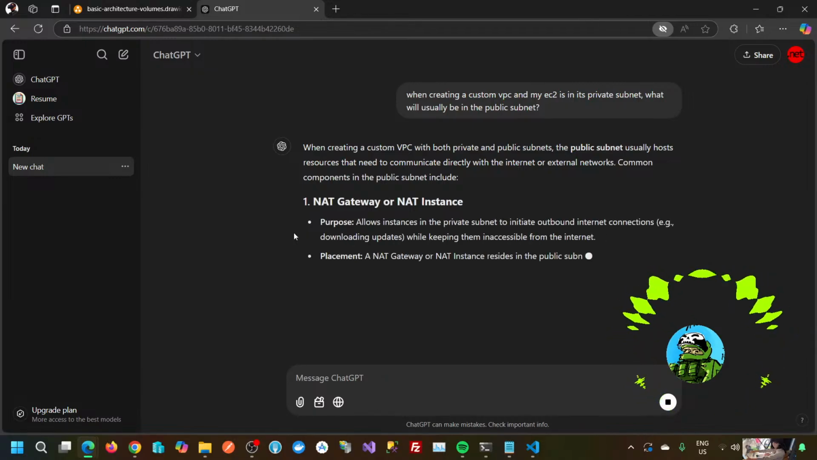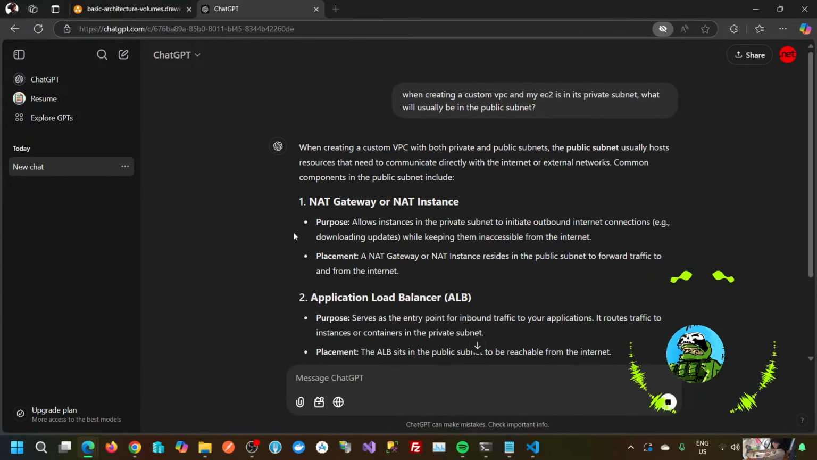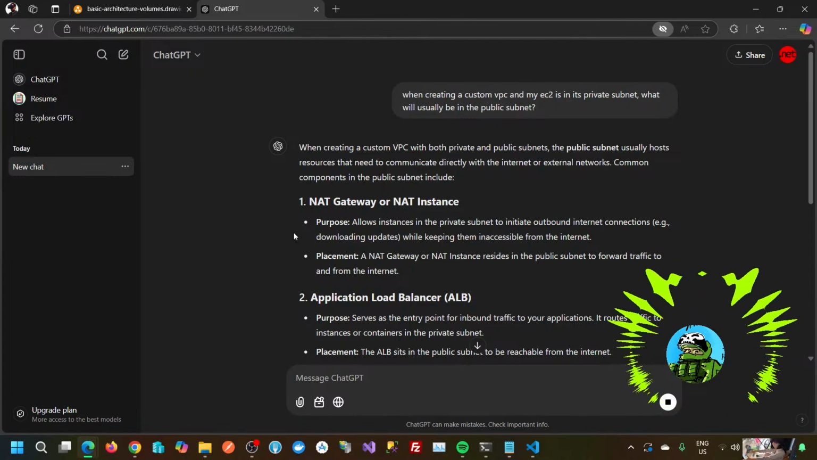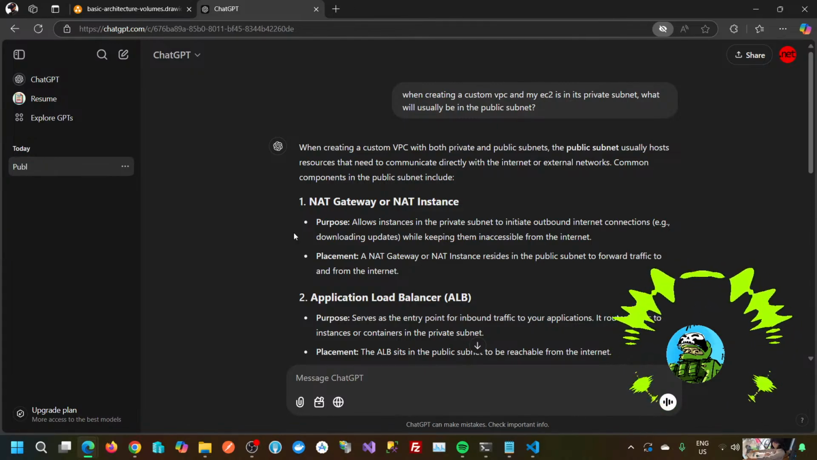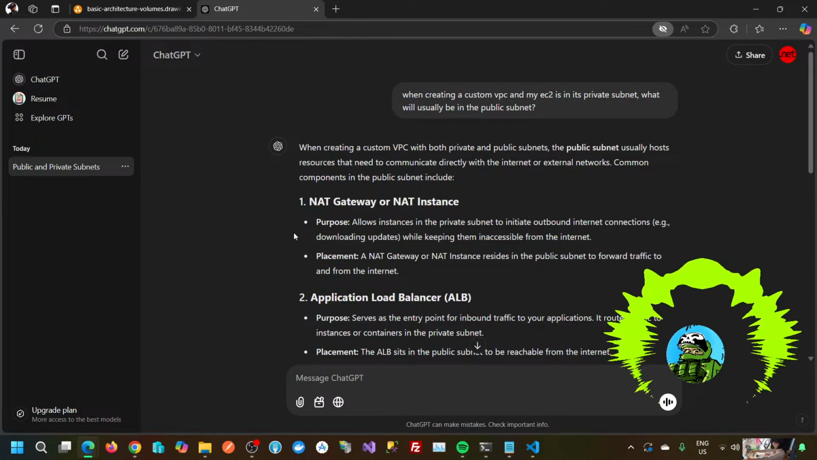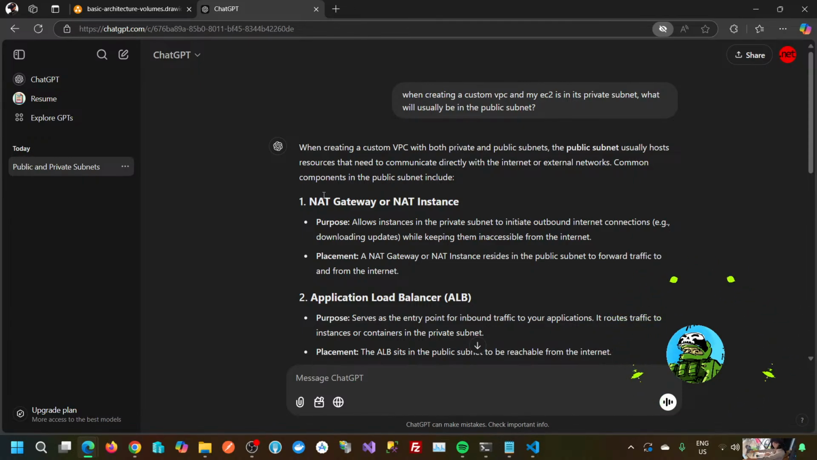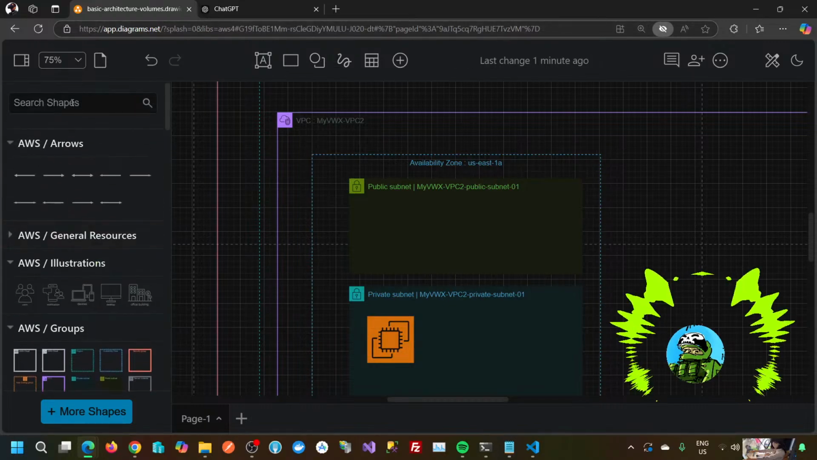Okay, when creating a custom VPC with both public and private subnets, the public subnet usually hosts resources that need to communicate directly with the internet or external networks. Common components in the public subnet include the NAT gateway or NAT instance. Purpose: allows instances in the private subnet to initiate outbound internet traffic, for example downloading updates, while keeping them inaccessible from the internet. Okay, so in this case we want to, is there a NAT